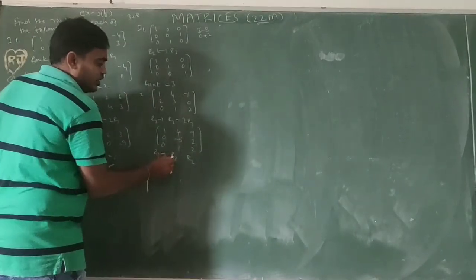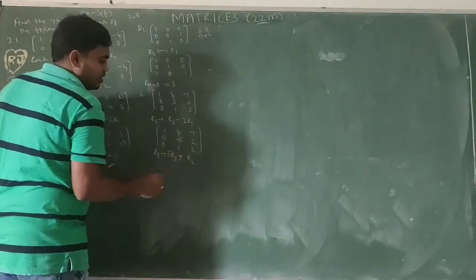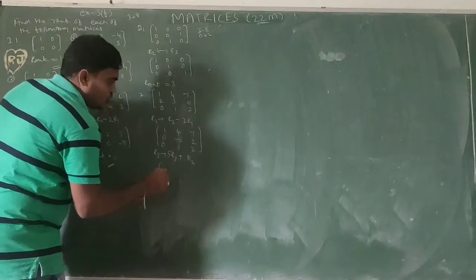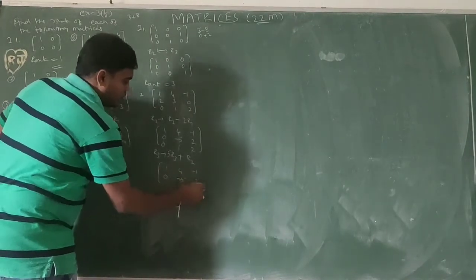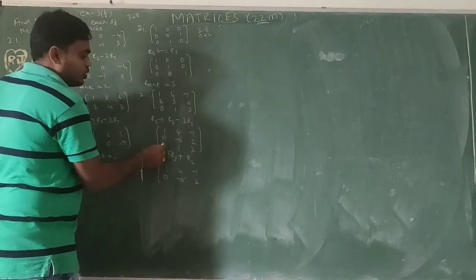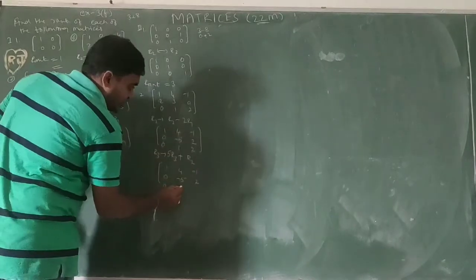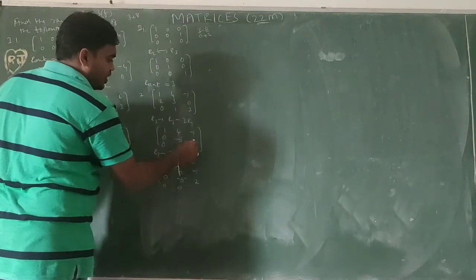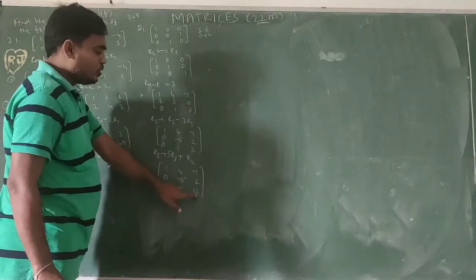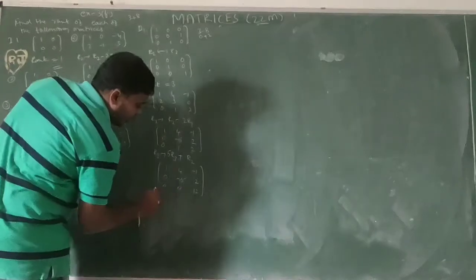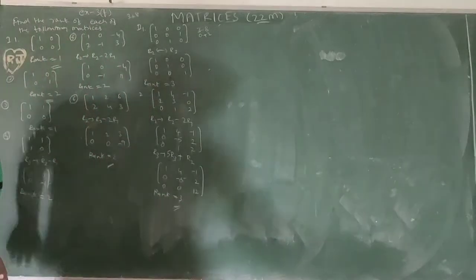So this is 1, this is minus 5. This 5 right here plus. So 1 4 minus 1 0 minus 5 2. So 5 into 0 0 0 0. 5 into 1 5 minus 5 0. 5 into 2 10 plus 2 12. So this is not equal to 0. Number of non-zero rows 3. Rank equal to 3. Next question number 3.